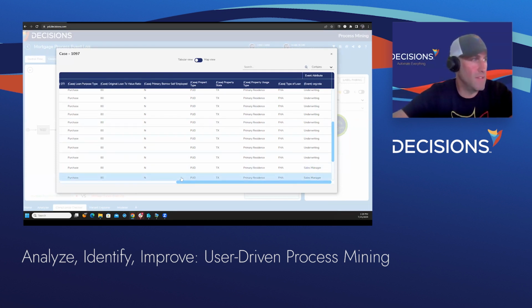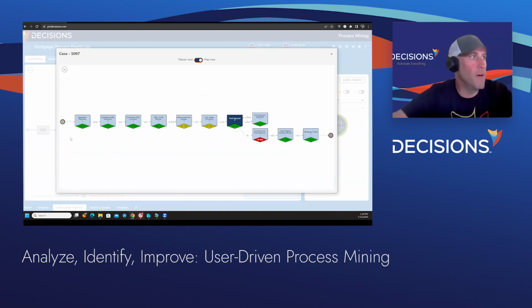So for instance, beyond seeing the tabular view or the data view, we can see the pathway of this particular mortgage. I'm going to spend a lot more time talking about the colors and the shapes and what the numbers mean, but just on the surface level, we can see that this path is very linear. I don't see any activities happening in parallel. And so that's something that I would want to explore specifically for FHA loans or loans originating in Texas, something like that, and start isolating some of these attributes here.